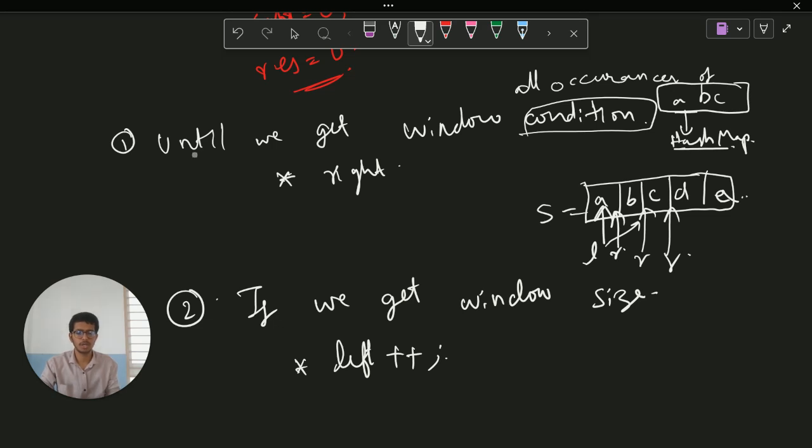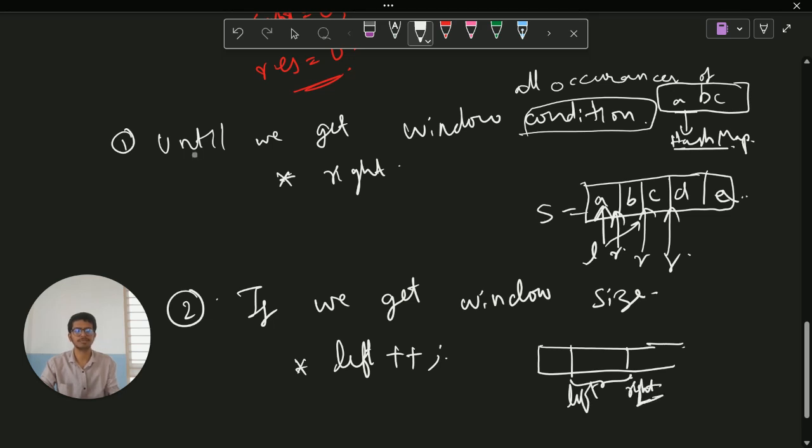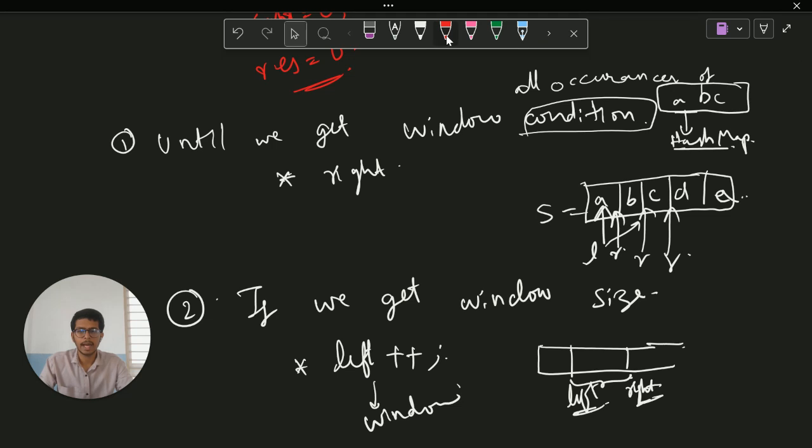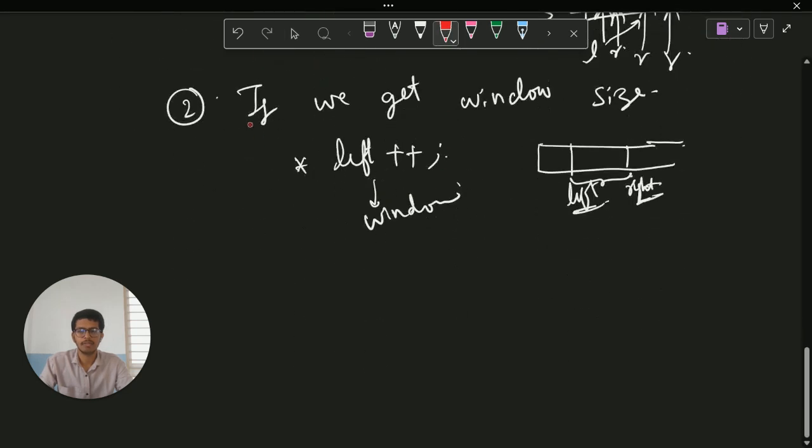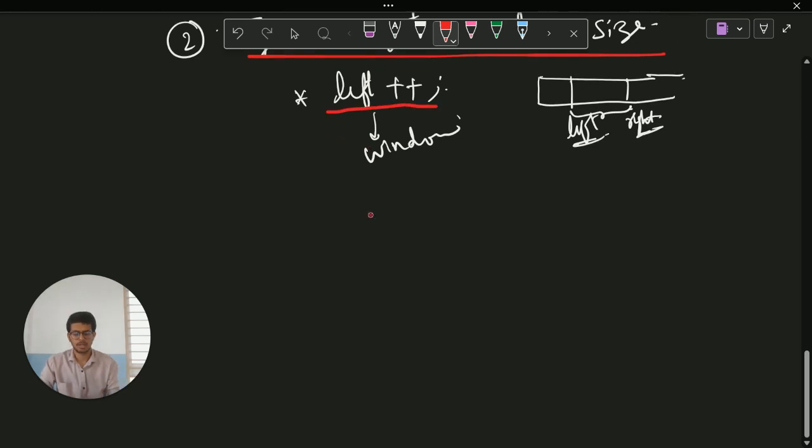That means we should constrain the left and right to the window size. Here, by adding these elements, if we get the window size and at the left, if the left element is